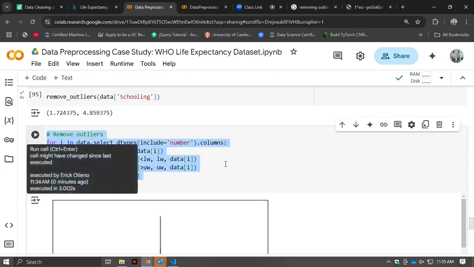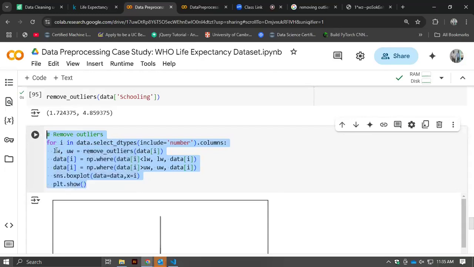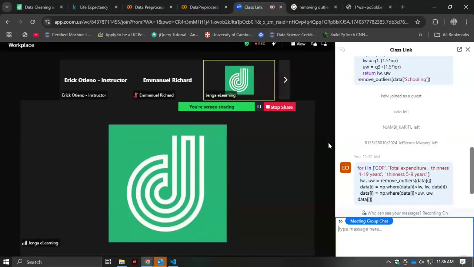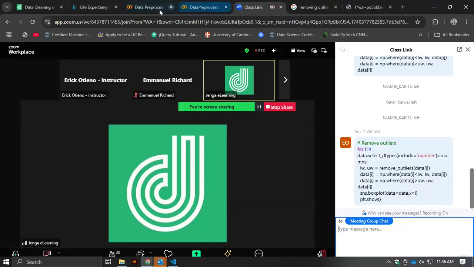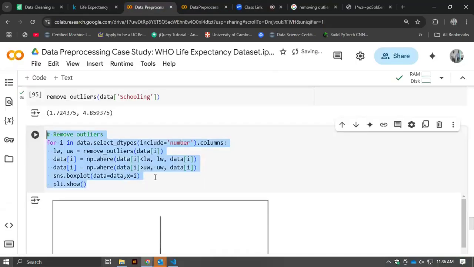After getting the lower bound and the upper bound from all the columns that are numeric, we need to pass a condition. Let me first share this one. We'll pick all the numeric columns that we have. Then we check where